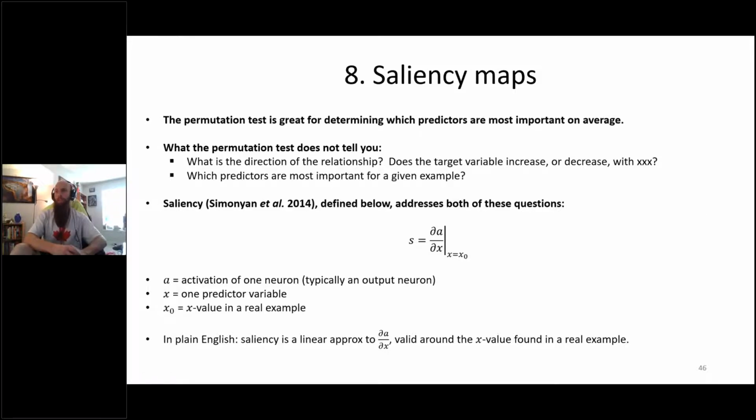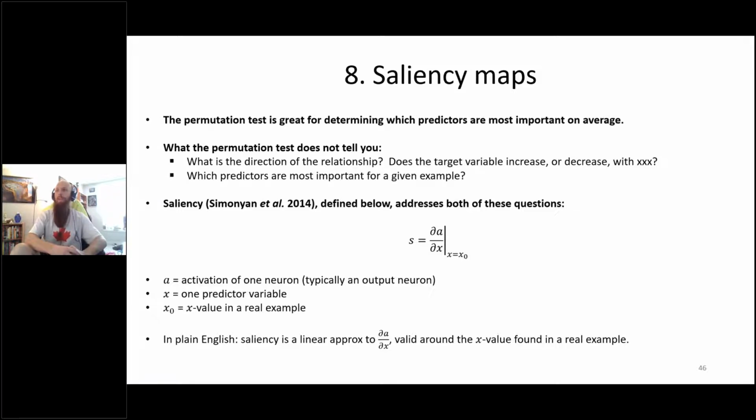So what the permutation test doesn't tell you, which is one of the disadvantages of it, is the direction of the relationships. So for example, it can tell you that max composite reflectivity is a really important predictor, but it doesn't tell you what happens to the output, which is strong rotation probability, when you increase or decrease maximum composite reflectivity. So you don't know if the relationship is proportional or inversely proportional, for example. And also the permutation test, since it only gives you an average over the data set, it doesn't tell you which predictors are most important for a given example, and that can change, for example, by regime. So for example, one set of predictors could be important for supercells, whereas another set of predictors is important for